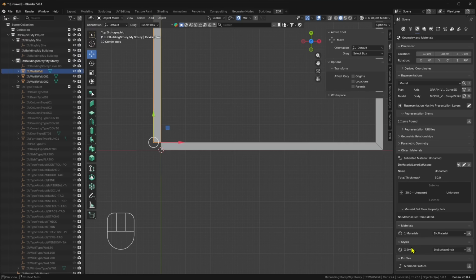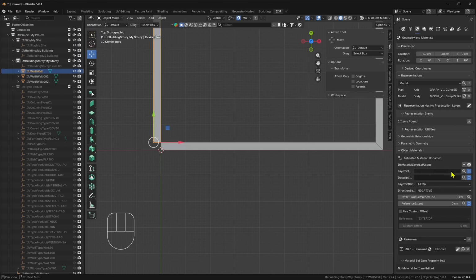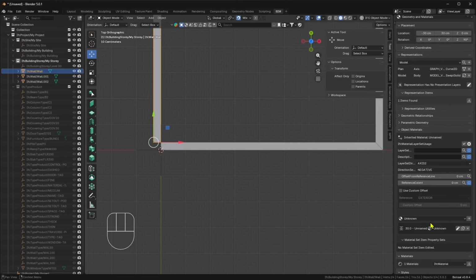So well, materials, let's say materials again are like an information, so which material is being used. The styles are more like the